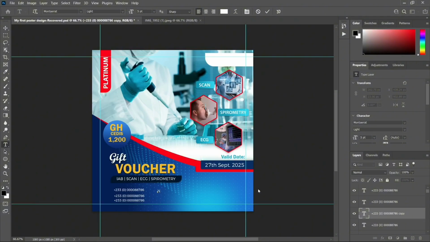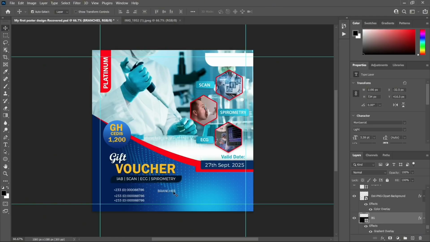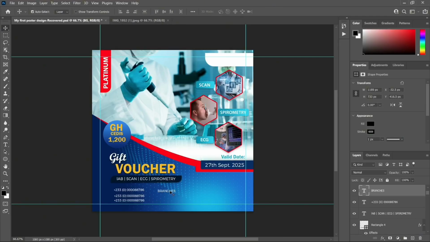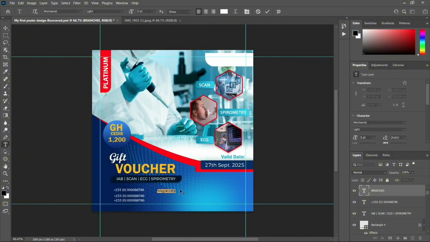So in block letters, so we're going to be branches. Okay, this is the same. I don't want us to have so many layers. So branches, and then